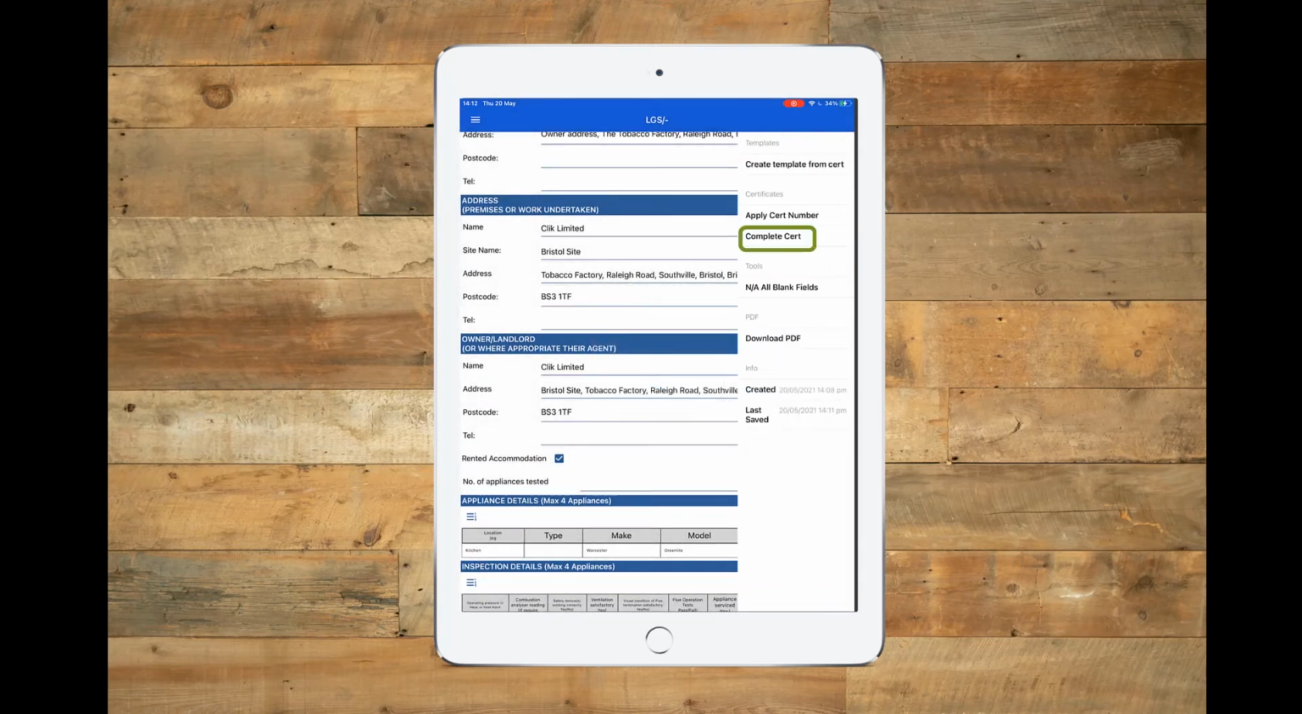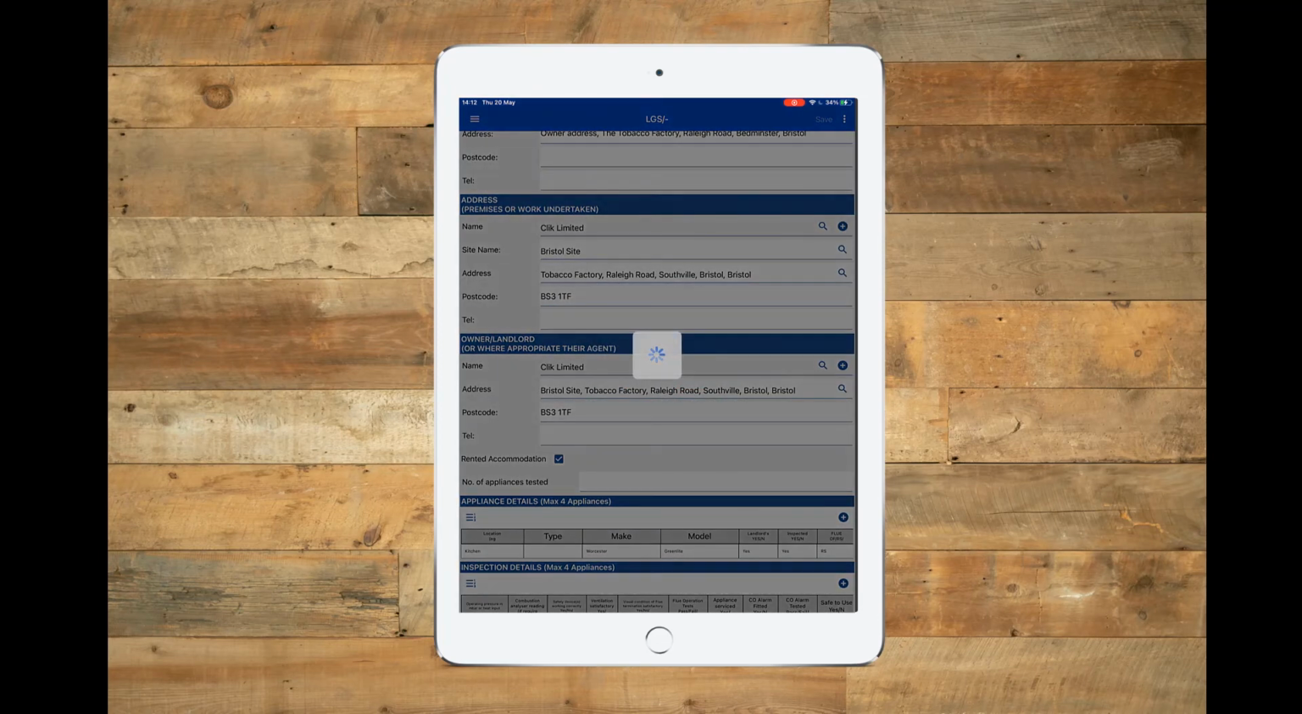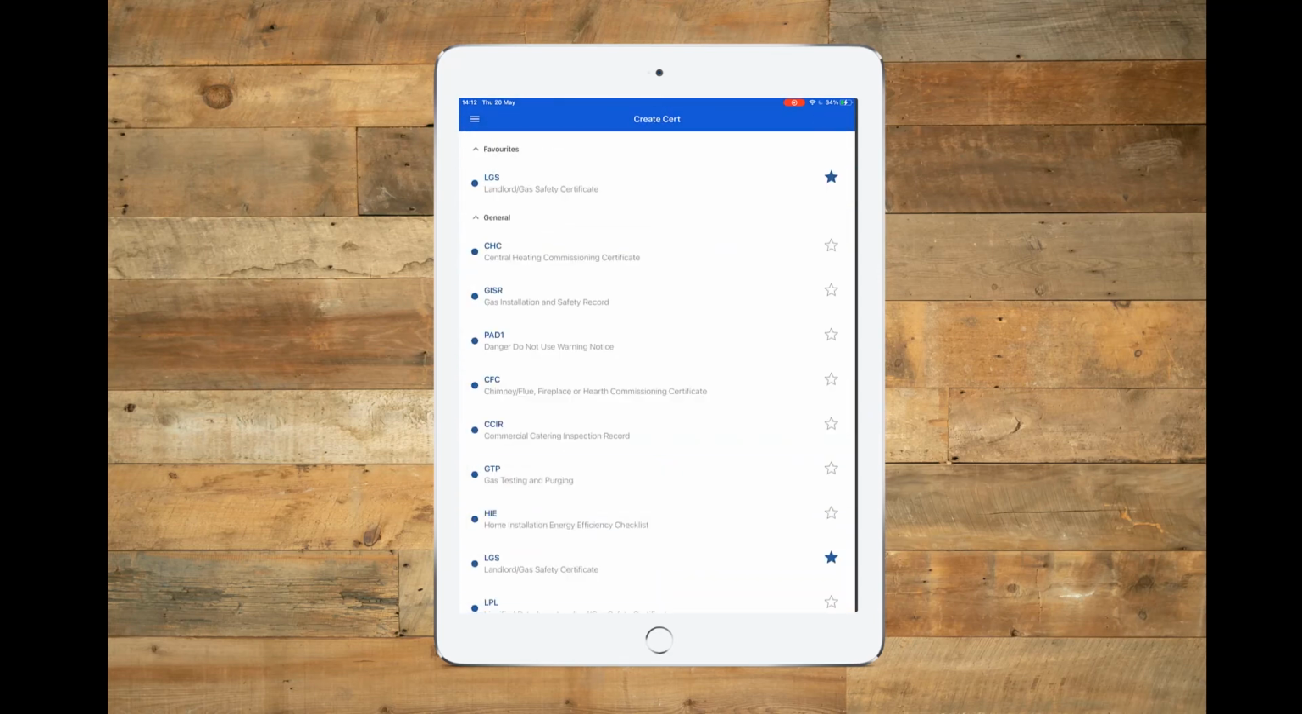If you click on the three dots again, you'll notice that you can also click on complete cert, and that will complete the cert. You just confirm it, that will complete it, and that certificate is now complete and is given a number. And what you can also do is if you click on the three bars in the top left hand side,